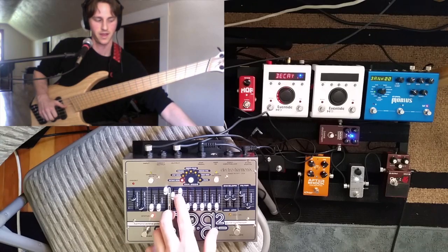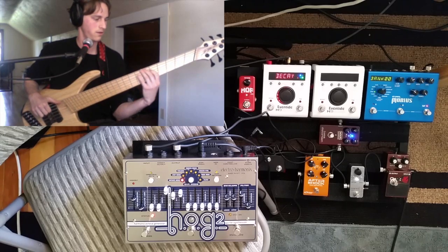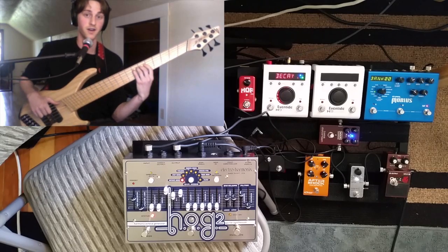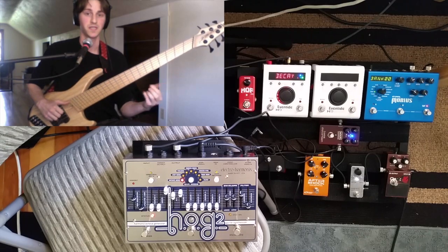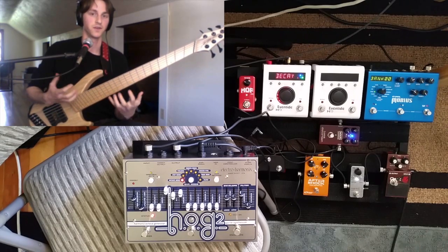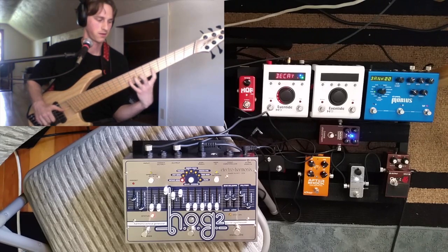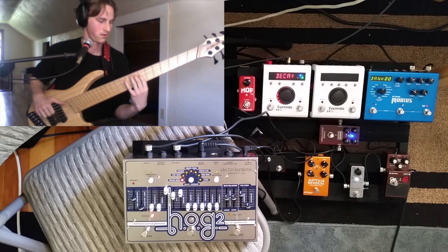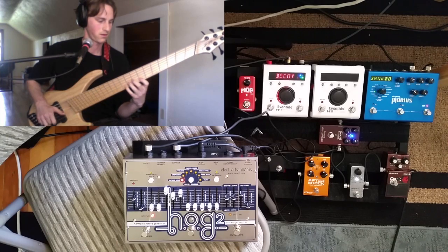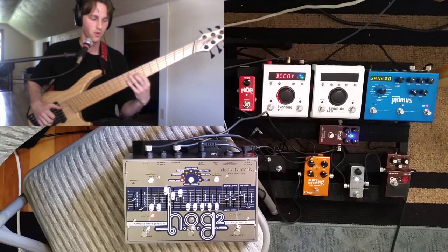So we got root, fifth, and octave in there. The tracking on the Hog is second to none of anything I've played with so far in terms of speed and kind of the feel of the tracking. It feels like you're right in time with your playing. Tracks chords pretty decently as well, so power chords,